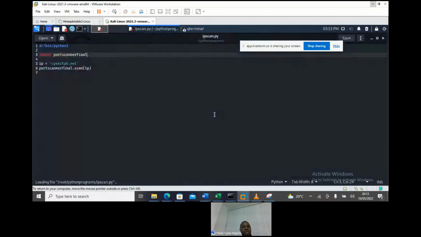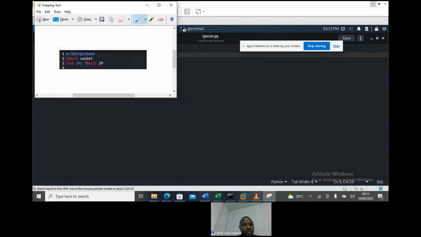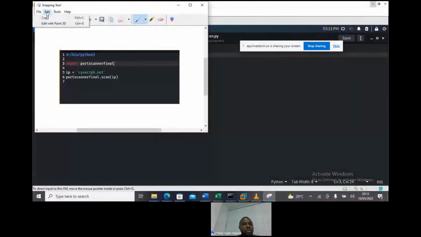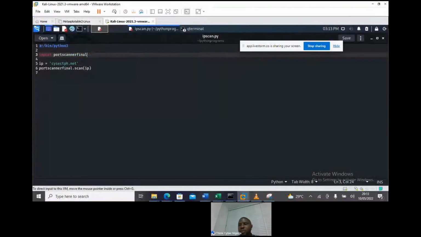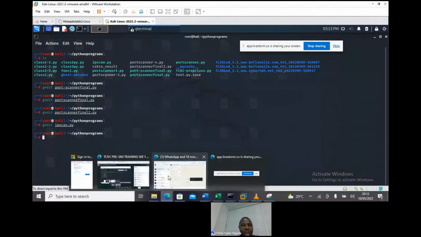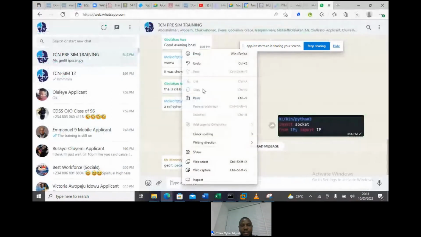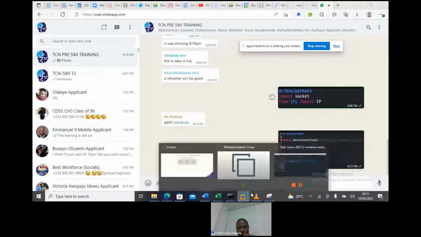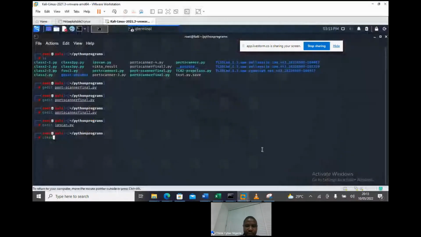I just saw it. So this is the IP scan. This is where we imported. This is the script where we imported your port scanner into this script. This is what it looks like. So that is actually how we ended the port scanner class. I will wait again here because we finished this part. So we now move to vulnerability analysis.